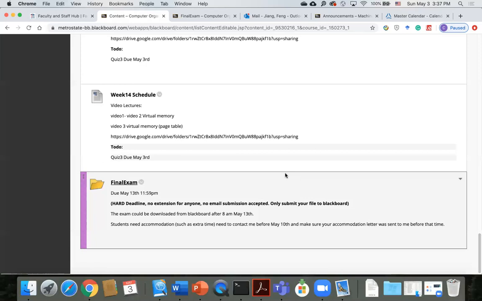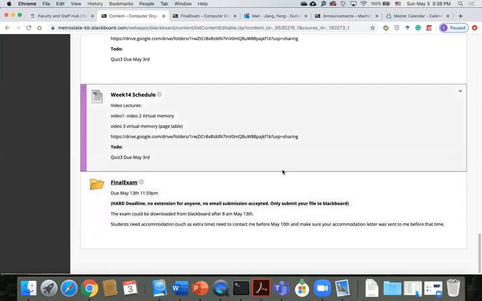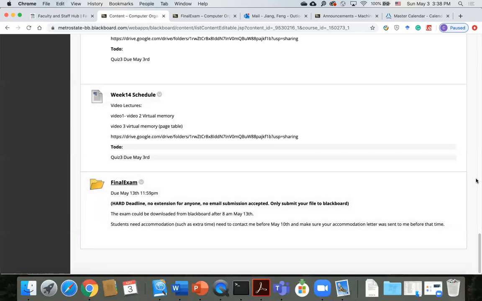And don't try to submit the file at the last minute, because everybody wants to do the same thing and your Blackboard might crash or your internet might get slow. So you really want to leave yourself enough time to do all those things, okay? So there's no excuse like, I had a technical issue,